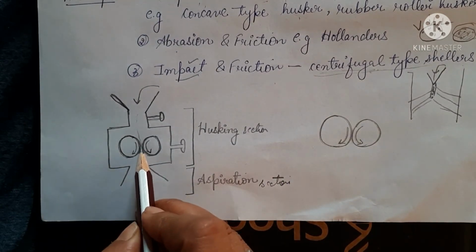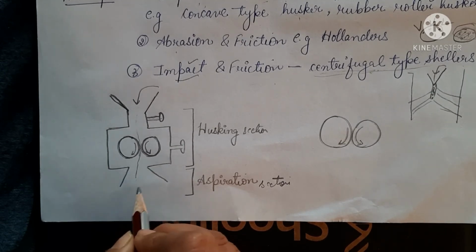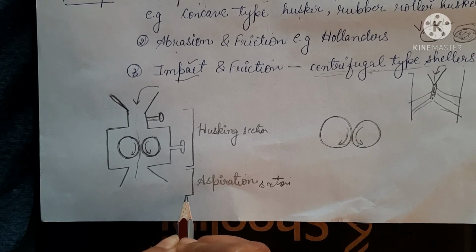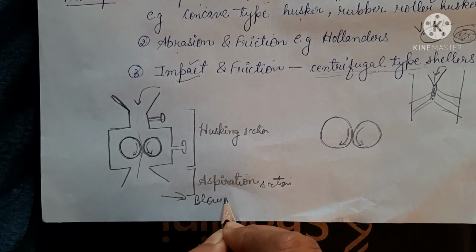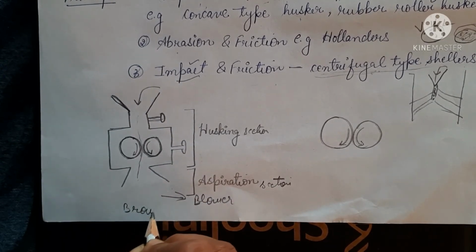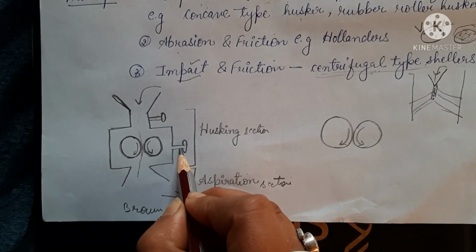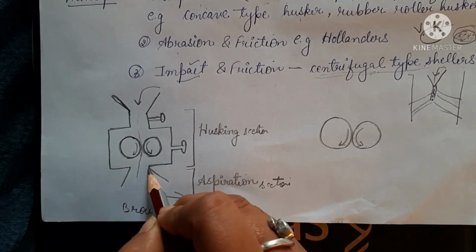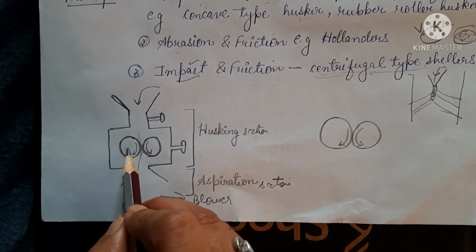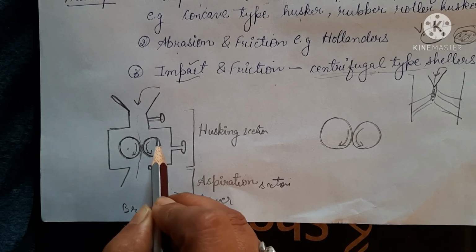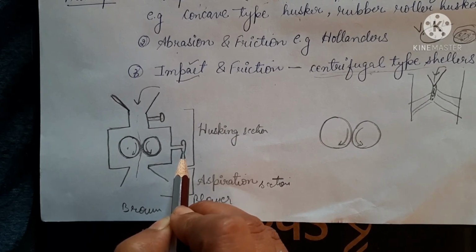So the rice gets dehusked from here, and what we receive here is brown rice, and here the aspiration takes place. The blower is fixed, which removes the husk, and what we get is brown rice, right? So this is the knob here, which adjusts the space between the two rollers. So this roller is a fixed roller, and this is movable. You can adjust the gap between the two rollers with the help of this knob.